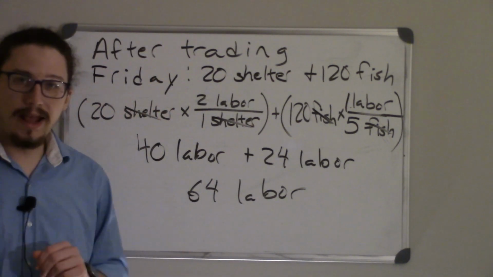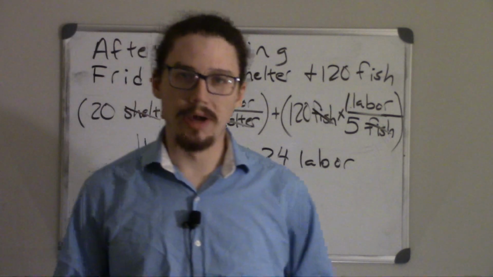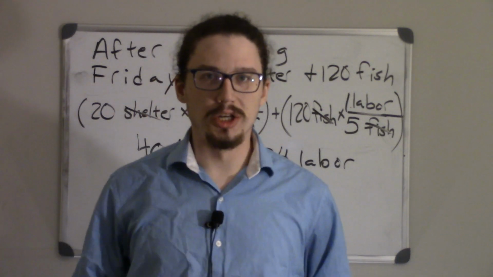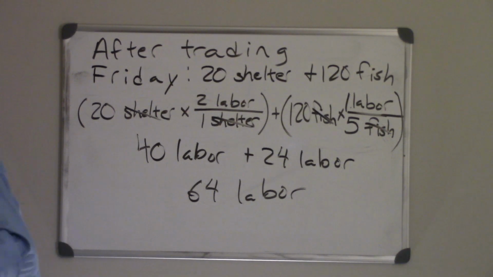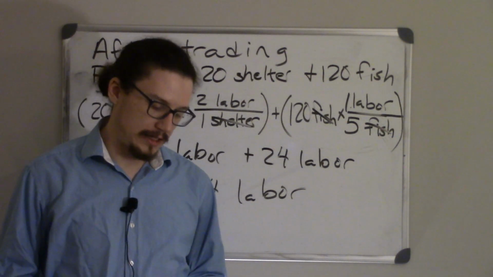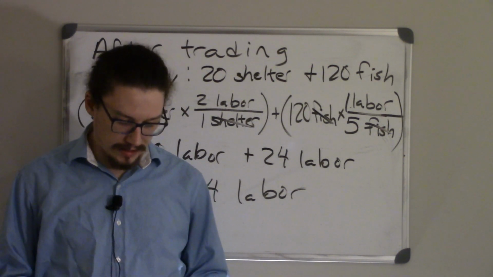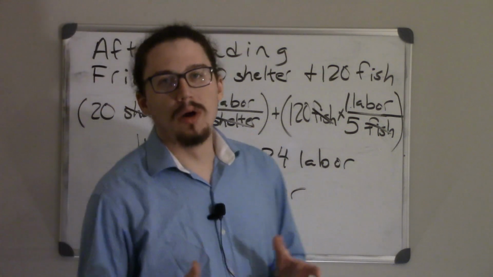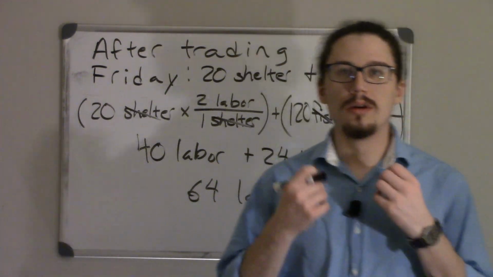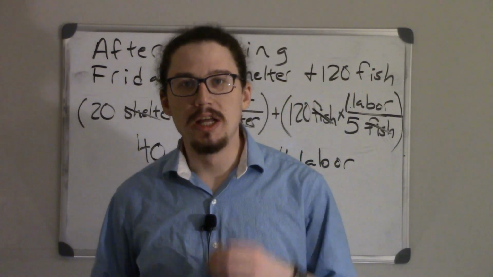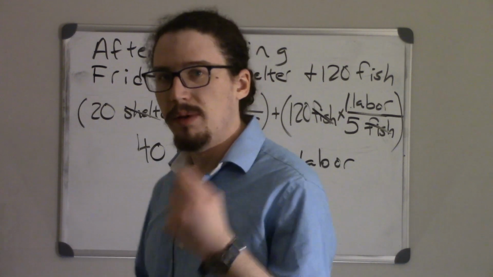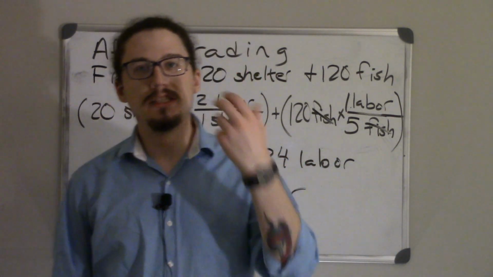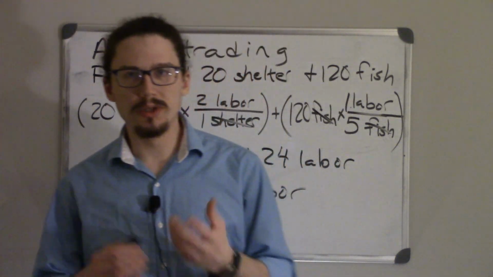Comparatively between those two goods, all right? And so by taking advantage of those differences in opportunity costs, both Friday and Robinson Crusoe are made better off, or at least are consuming above their production capabilities, right? Which I would say, generally speaking, would almost definitely ensure that they are both better off. All right, so that is how this idea of comparative advantage leads to people being made better off